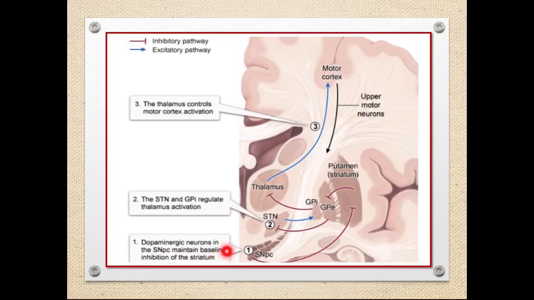See, if it is acting via the D1, it is stimulating the excitative pathway. If it is acting via D2, it is inhibiting the inhibitory. So it maintains the balance. So from the substantia nigra pars compacta, which is present within the brain stem, the midbrain, this connection, it goes to,